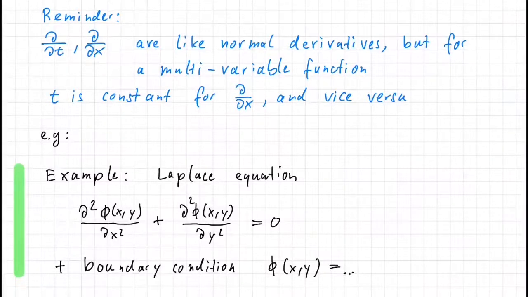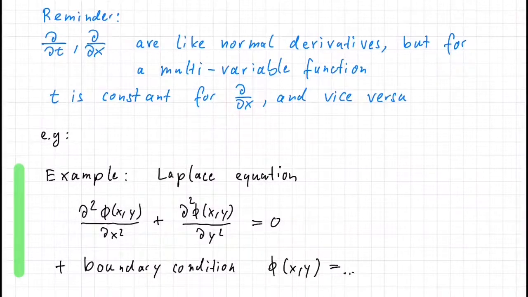So it just means that d/dt will act only on the variable t, and d/dx will only act on the variable x. And in particular, the other variable is actually a constant for the other partial differential operator. So for example, when we look at d/dx here, then t is actually a constant with respect to this operation,